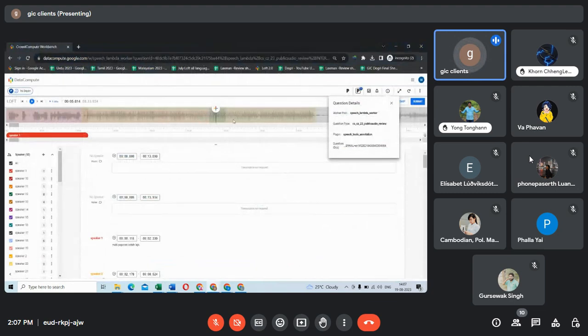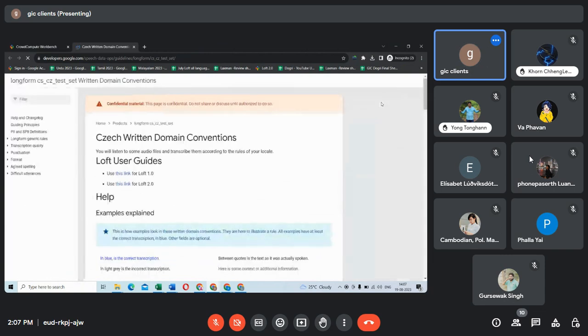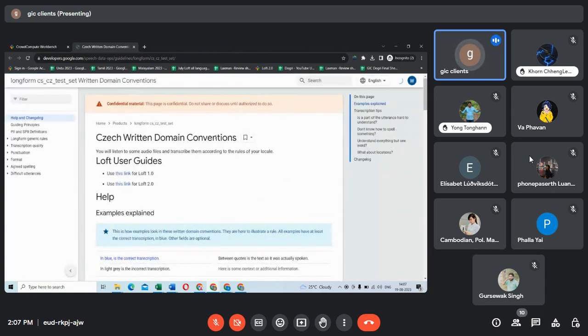And before proceeding with the QA, I'll ask you to thoroughly go through the guidelines which are available on the video link. Beside the video link, there is another I symbol. If you click on this, it will take you to the written domain conventions of the particular language. This is for Czech, what I have opened now, but you'll have it for Khmer, for Lao, for Icelandic. For each and every language, we have these written domain conventions, which we need to keep handy while performing a